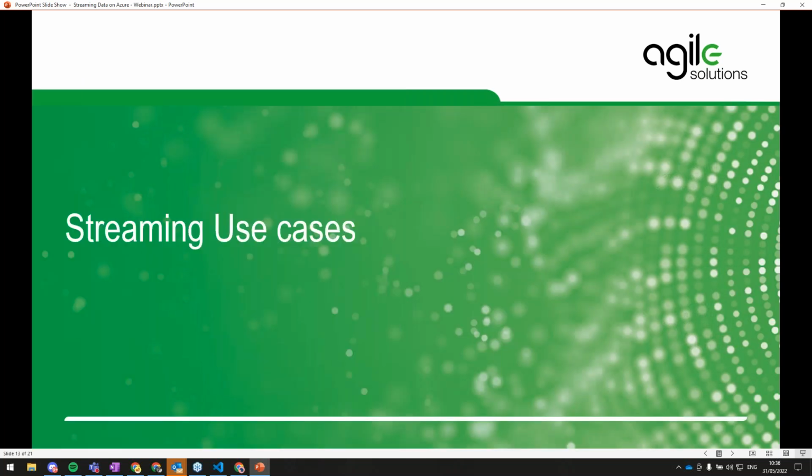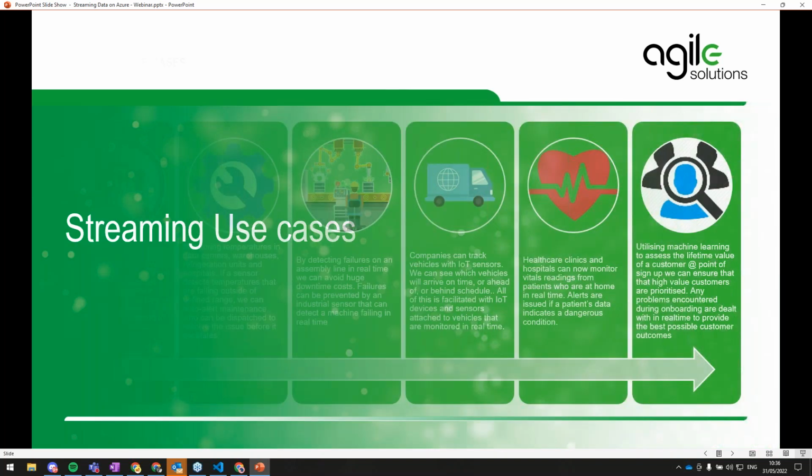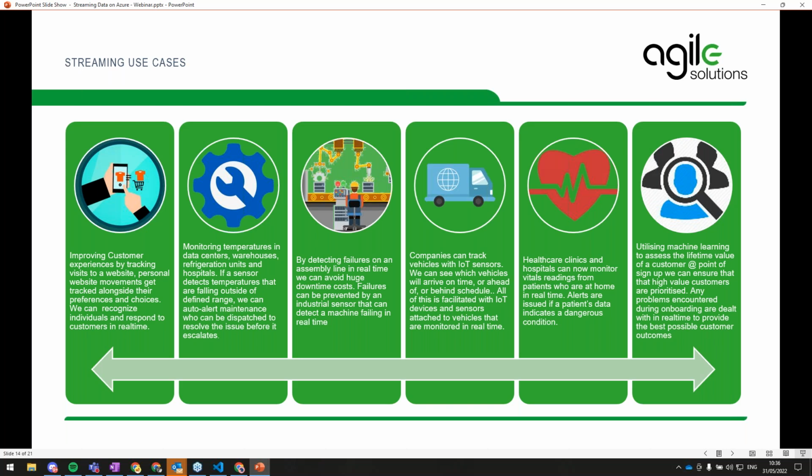So we'll just hit on a couple of the use cases for streaming. These are some potential situations in which we think that streaming would be appropriate. Obviously, it's not always appropriate for every use case, but there are some where there's real benefit to be found. Tracking visits to a website is traditionally quite a data-intensive process. If it can be configured to output in a streaming messaging system, then that allows you to get a much quicker insight into how your website's being used in real time.